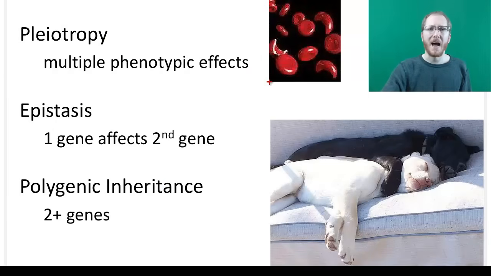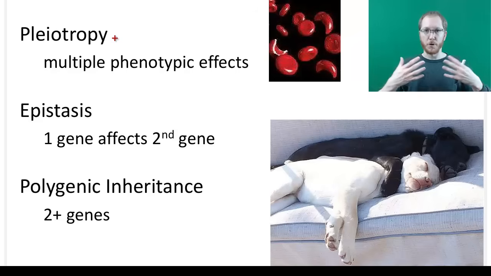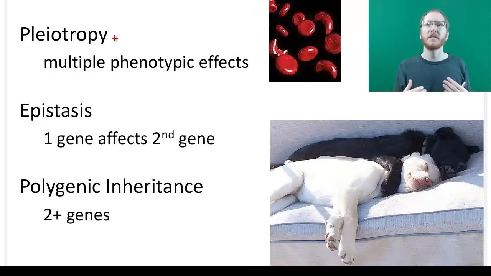Now, next we've got some more odd situations. So pleiotropy is where one allele, in this case we'll say sickle cell, doesn't just give you one phenotypic effect. It doesn't just say this is what you are. It doesn't just say here, have some sickle-cell-shaped blood cells. It also says have resistance to malaria. It also says, if you're a homozygote for it, have some extra clotting that you really don't want. Have your cells die earlier, so ultimately you're low on red blood cells,